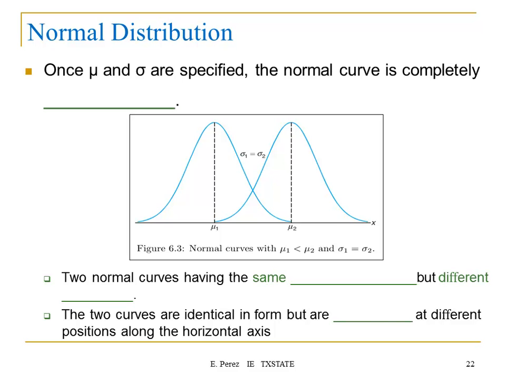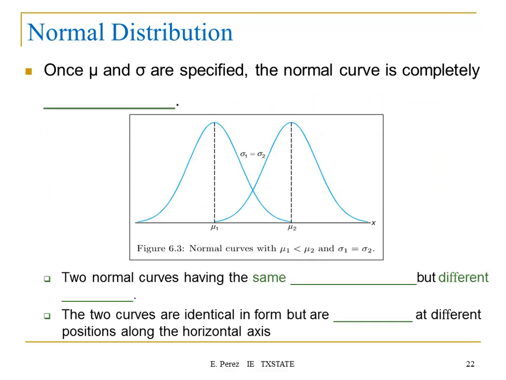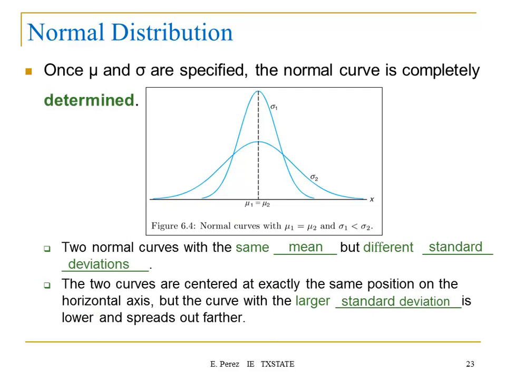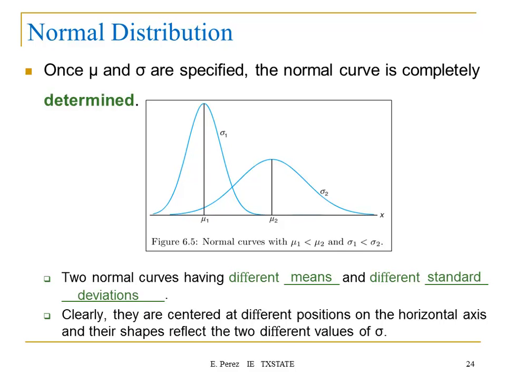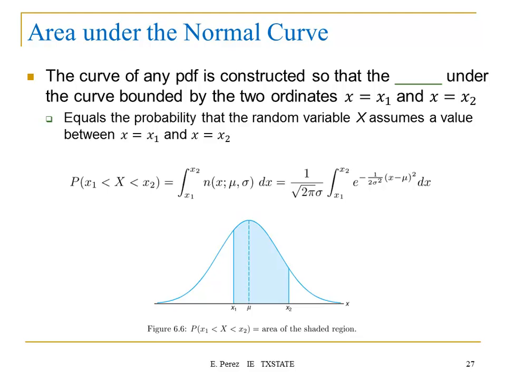But if we take into account all the possibilities that we can have for different means and standard deviation, you will end up with multiple tables, a lot of tables, and the process will not be efficient. So that's why, okay, skip this. So this is basically properties. So that's why